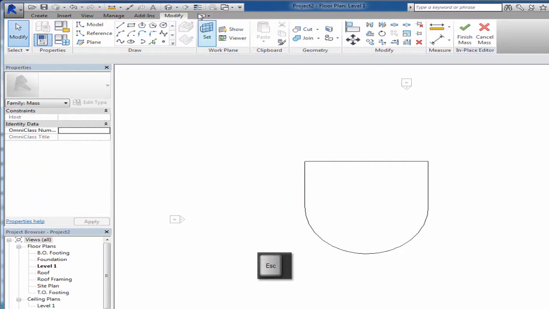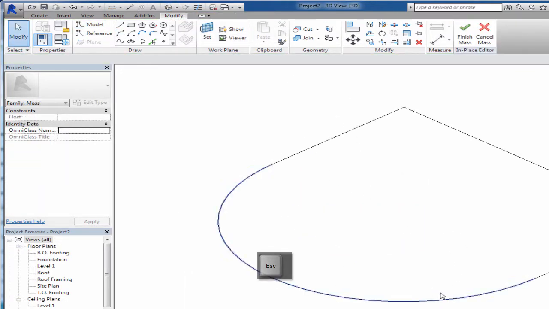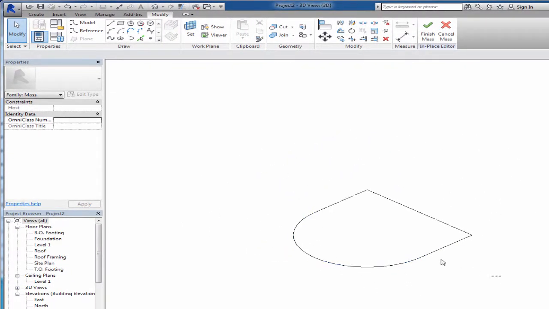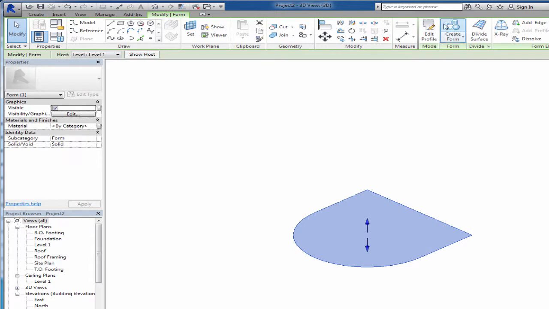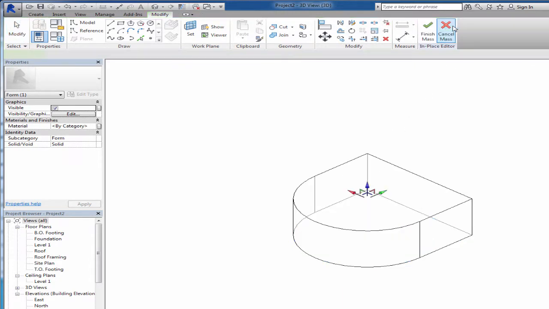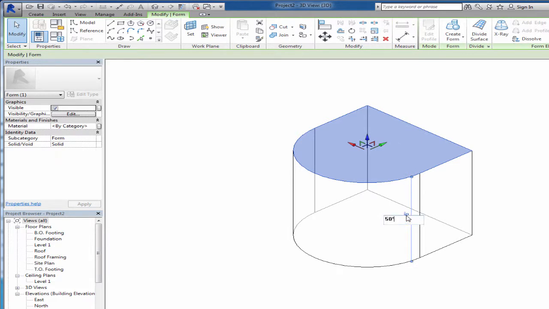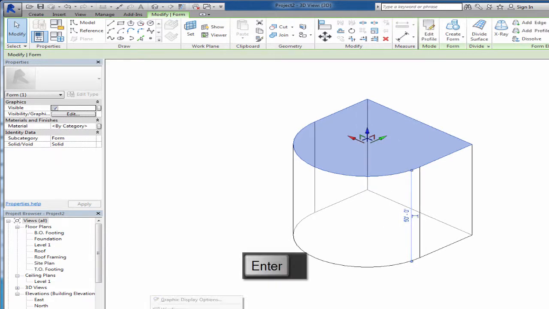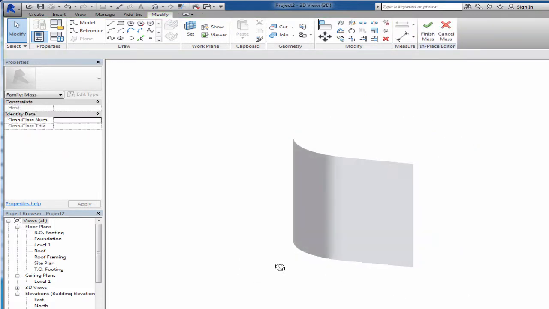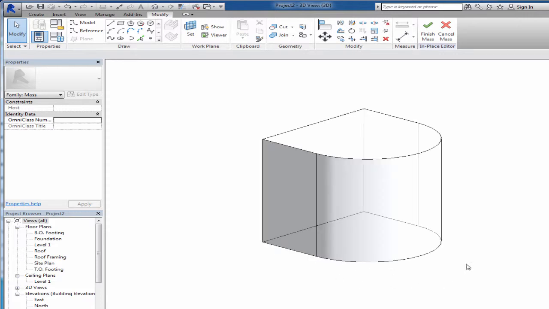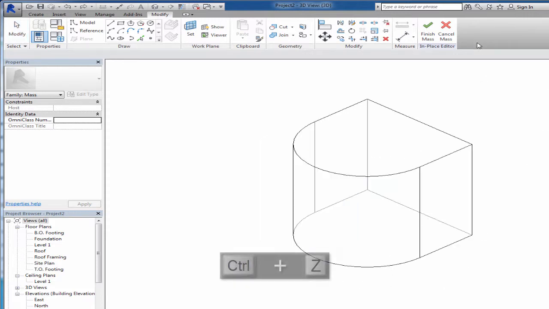Alright, so now if I go to a 3D view, you see I've got a couple lines here, and I could just select these, and I get this option for Create Form, and that will just extrude it straight up, and I can give it a height. Let's turn this to shaded, and you can see it's got a nice solid edge there. Pretty basic though, so I'm going to go ahead and undo